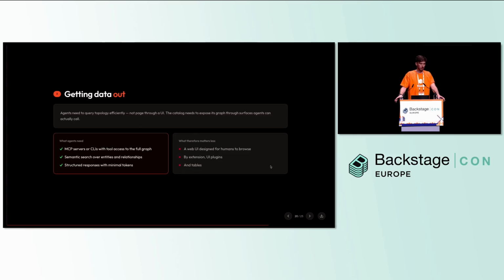The structuring of the report, the actual output, though, is quite important. You want to use the minimal token count in order to give meaningful information across. So have a think about that when you think about this.